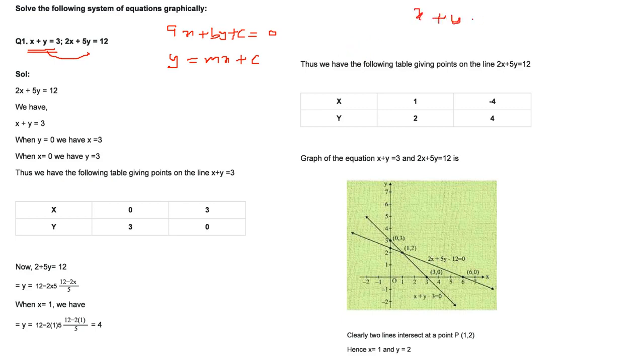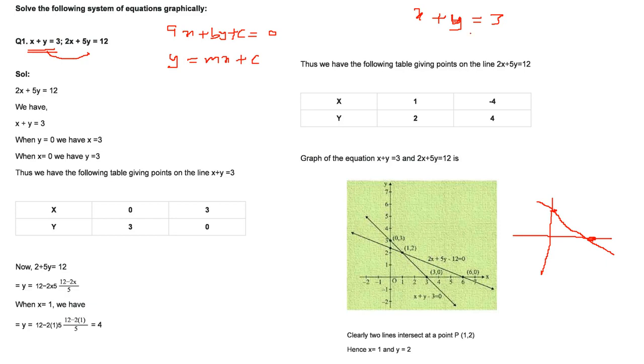x plus y equal to 3. If I am able to find 2 points or 2 coordinates, I may be able to make a line easily. If I have 3 points, 4 points, then it will be even easier. But we need a minimum of 2 points to make a line. So if I put y equal to 0, that means if this is my graph, y equal to 0 means I am talking about the x-axis. So where this line is intersecting the x-axis. Then we have x equal to 0, that is I am talking about the y-axis, where this line is going to intersect the y-axis. So if I have 2 points, I can just join them and I can make a line like this. So that is exactly what I am going to do.